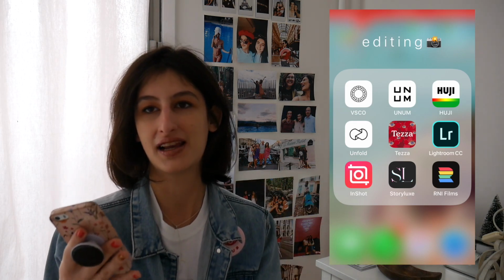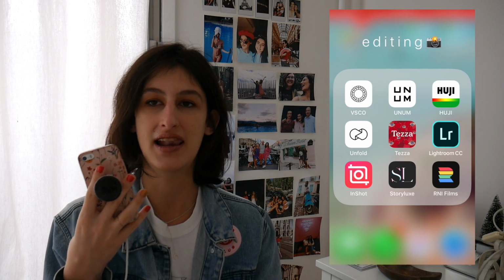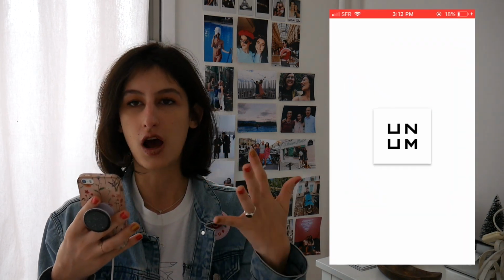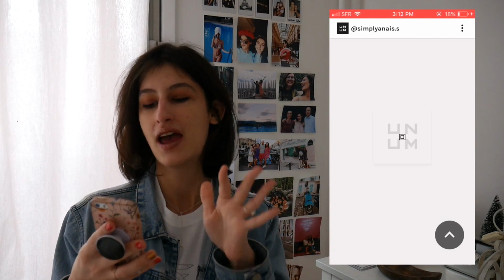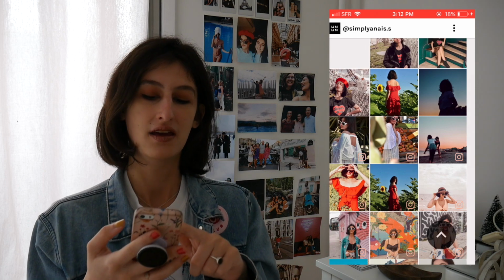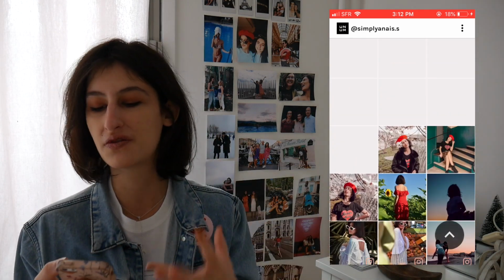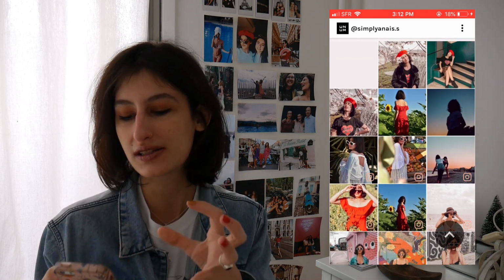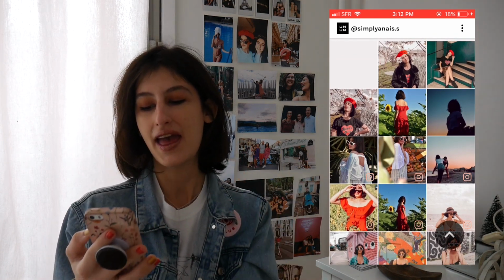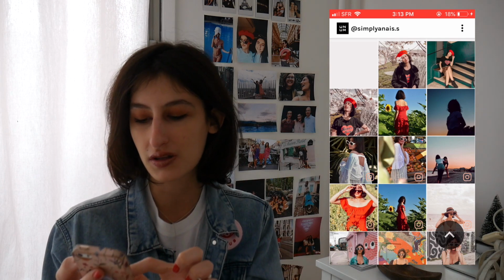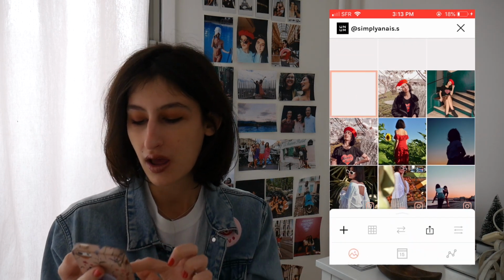So then we have UNUM, it's confusing to say, but anyway, I love this app. It lets you organize your Instagram feed. So basically what you do is you just log on to your Instagram, and then you have all your Instagram feed laid out for you, and then you can add pictures, take out pictures, you can remove what you want to put on your feed, so you have a preview of what it looks like with your feed. And that's just a preview of what pictures I'm gonna post in the future. So if you want to add more,